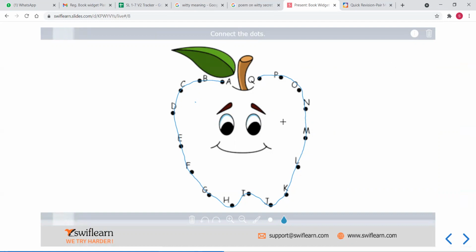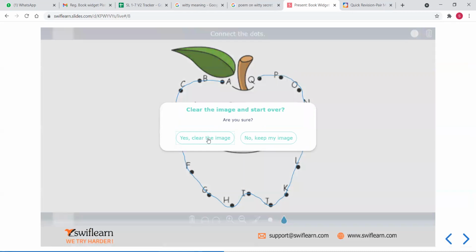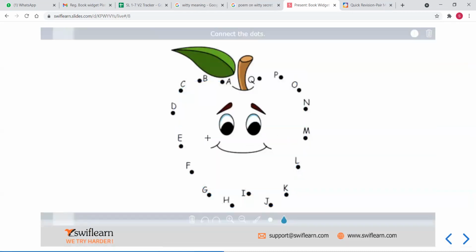If you want your other students to also do that, you have to click on the bin and choose the clear image option, and then it is cleared. So your next students will also perform this activity.